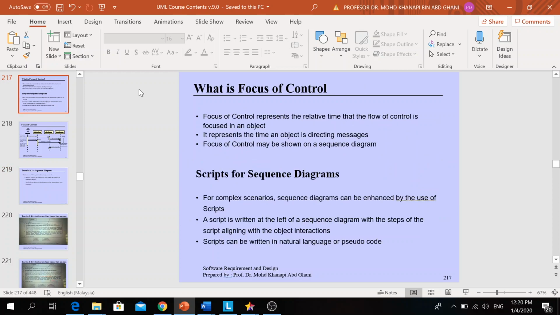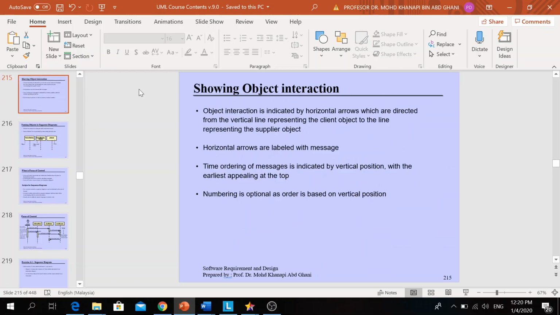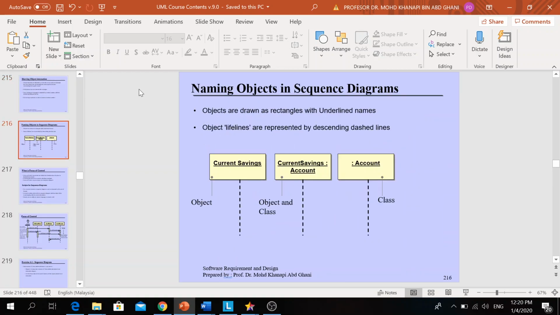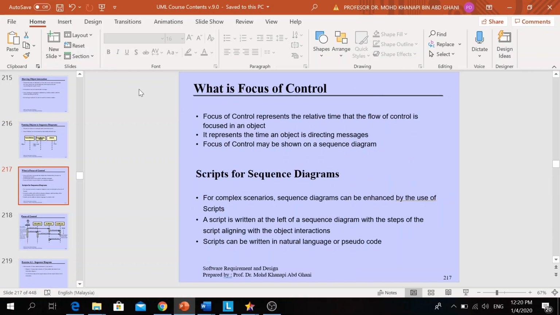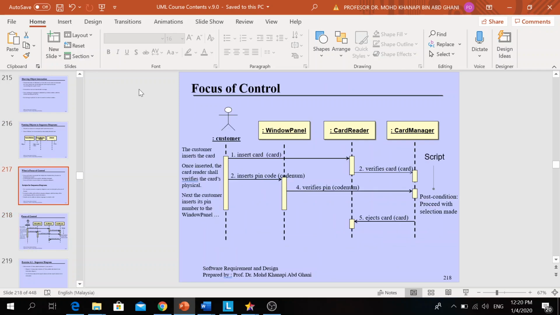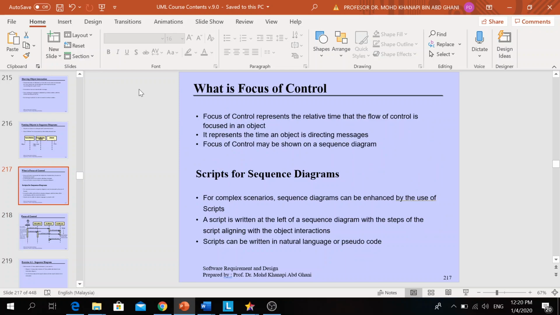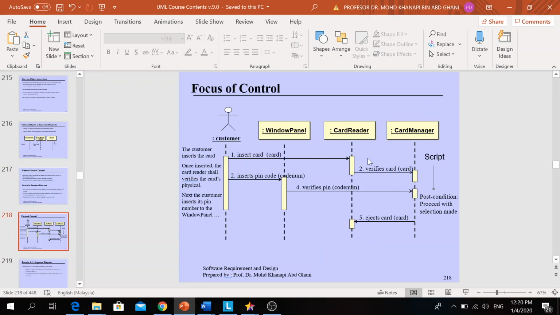Okay. Another thing that I need to highlight while you create your sequence diagram is that you need to know what focus of control is. Focus of control represents the relative time that the flow of control is focused in an object. So you see this example of an ATM machine.